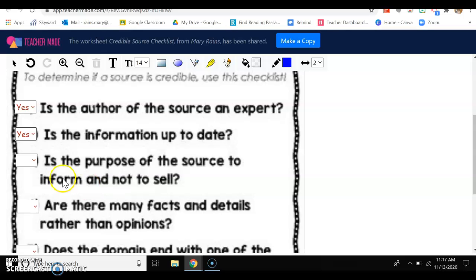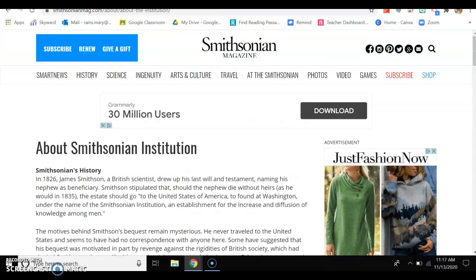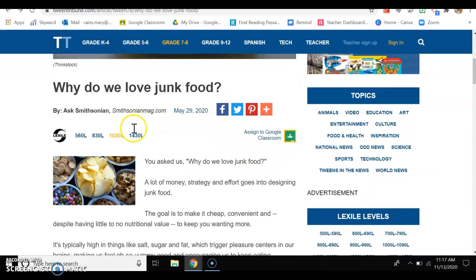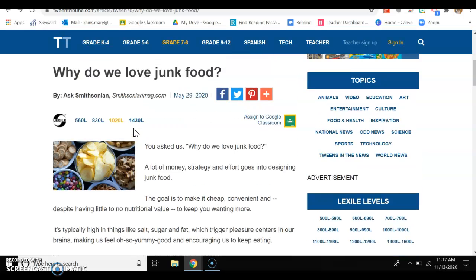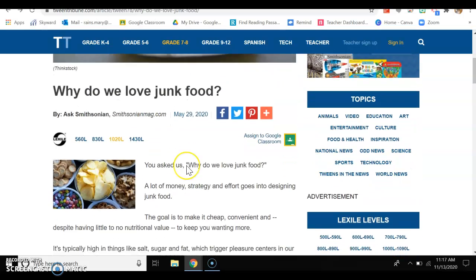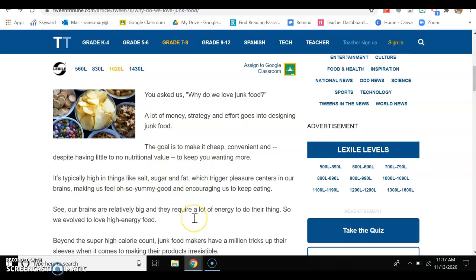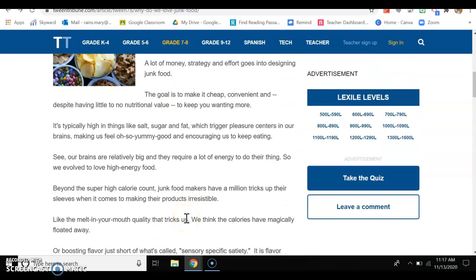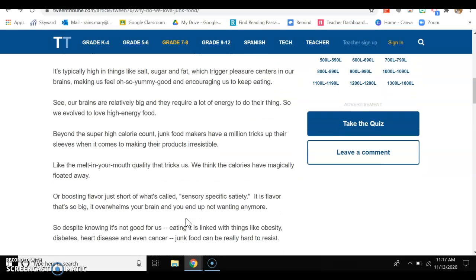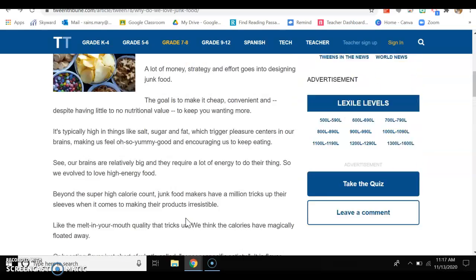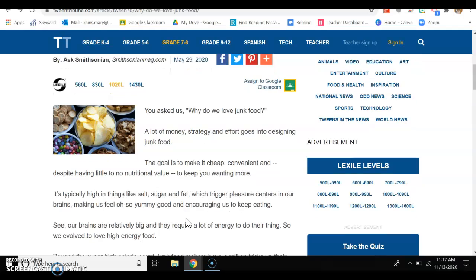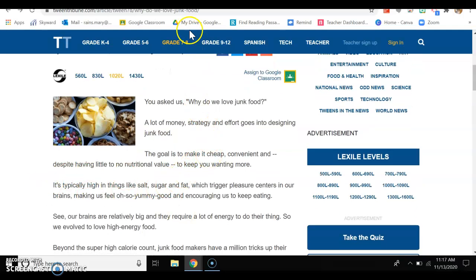Okay, back to my checklist. Is the purpose of the source to inform and not to sell? So I'm going to look at this article. You actually need to read through it. And for me, as I was reading through it, I did not feel like they were trying to sell me on junk food, which would be what they would be selling in this article. I think that they were just trying to inform me on why we love junk food so much. And so I would say